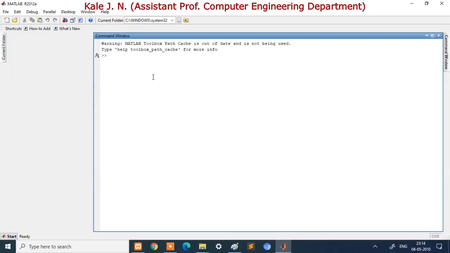First of all you should go to the command prompt of MATLAB, and here type one command like temp is equal to readfis, and then in the bracket specify the path of your file. I have saved that file on desktop, and the path of that file is like c:/user/j/desktop, and on desktop I have a file with name wash.fis.